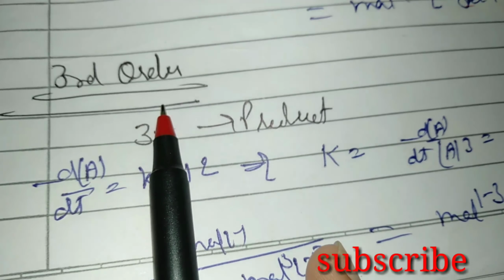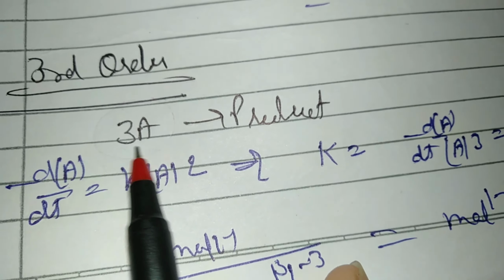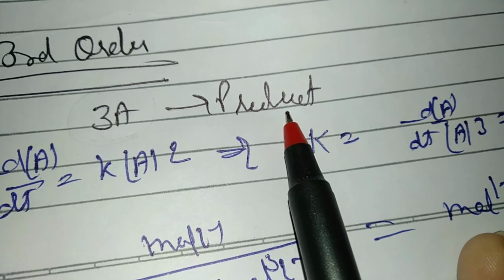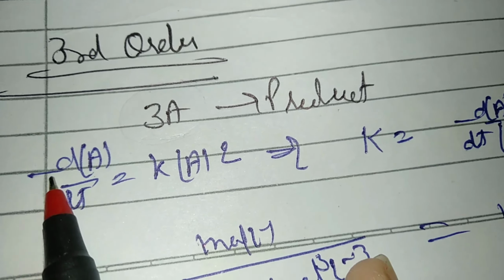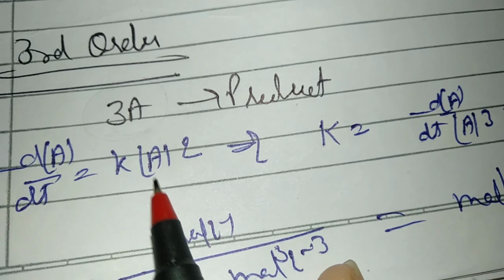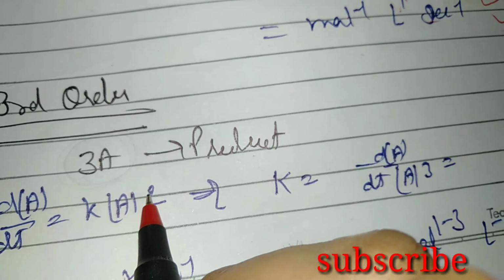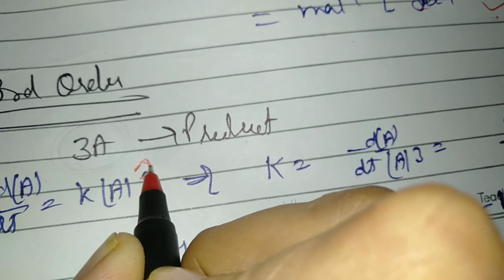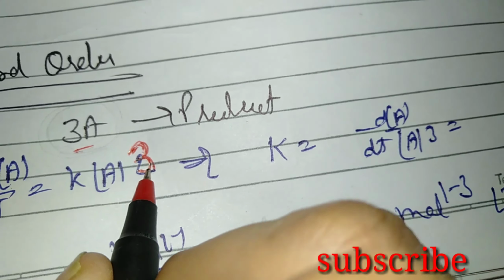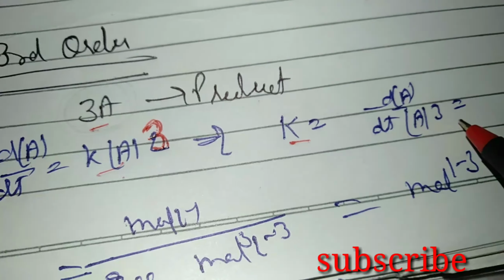Same we will calculate the unit for the third order reaction, and that is, 3 reactants will participate in the reaction, same 3 reactants converted into product and the rate, rate of change of concentration of A with respect to time, it depends upon the concentration of the reactants. Sorry, here it is equal to 3 reactants ने पावर कंसनट्रेशन 3 के बराबर आएगी।